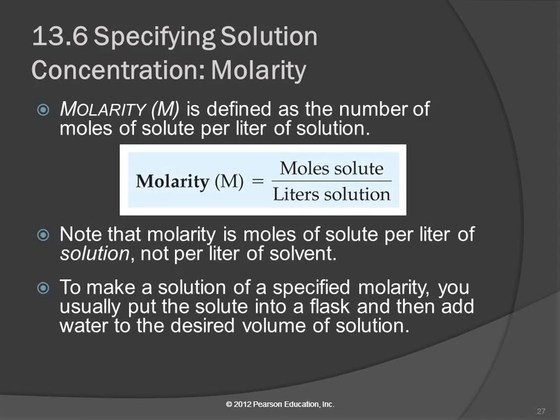The unit of solution concentration that we use mostly in chemistry is molarity. We kind of got a little tiny peek of it when we jumped ahead to chapter 15. Now we're going to explain what that is. Molarity is often abbreviated with a capital M, and it is defined as the moles of solute per liter of